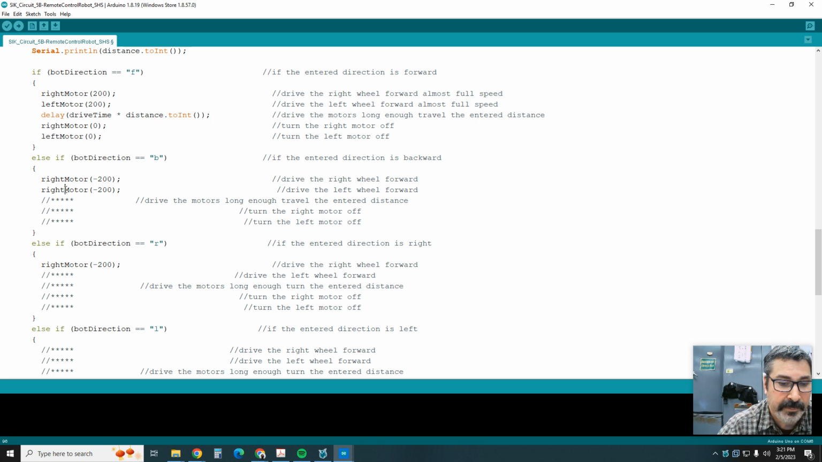Left motor negative 200. So both full backward. And then this is going to be the same thing with the delay. We're going to delay it, so it's going to go backwards, and we're going to do it long enough to make it go an inch, and then we're going to do the right motor off,